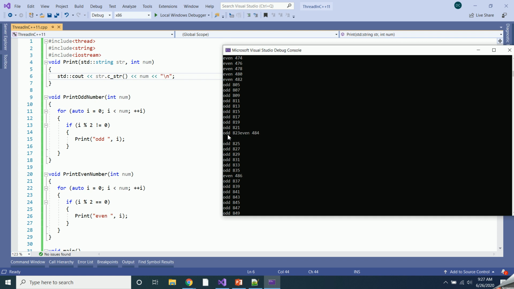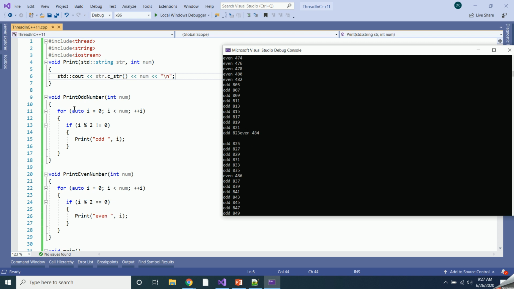When it printed this value 823, at this time the even number thread got access, tried to print the value, and got control of the console window for printing.